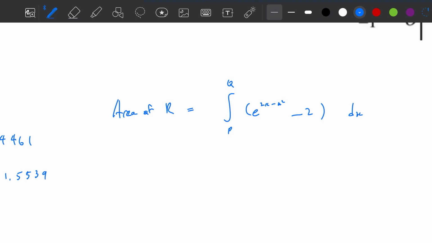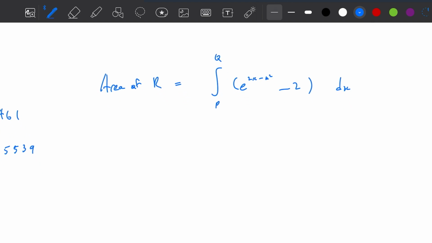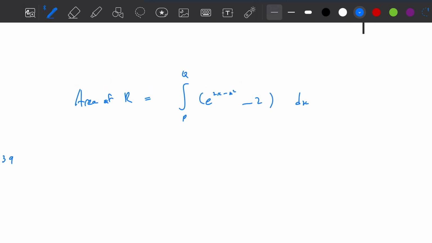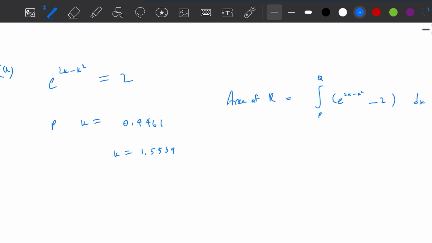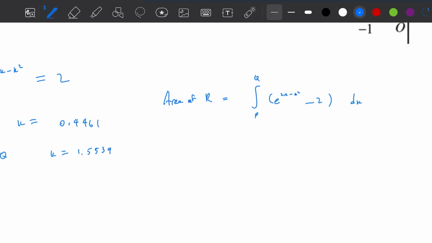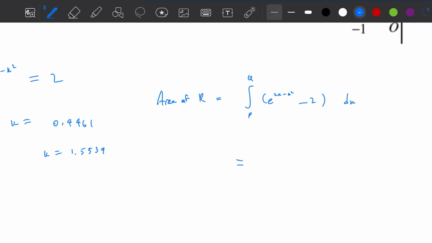As I explained, the upper will be the curve and the lower will be y equals 2. If we solve this using a calculator, having P and Q as the values we found earlier, we can find that the area of R equals